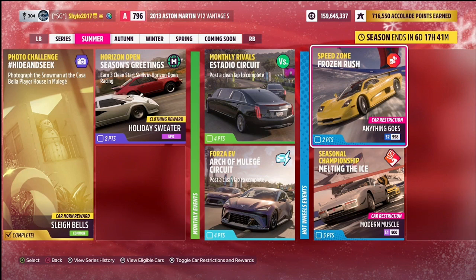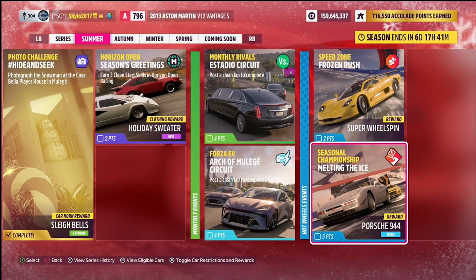And the seasonal championship for the Hot Wheels is called Melting the Ice. It is on hazard events. It'll get you 5 points towards your festival playlist and a Porsche 944, and the restriction for this one is S1 class modern muscle. I've created an off-road / ice capable tune for the